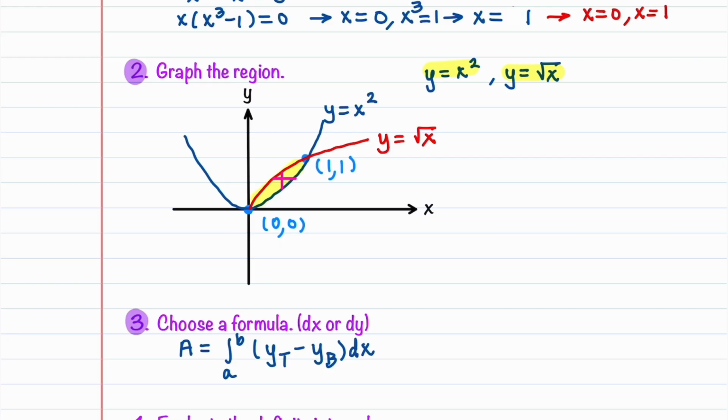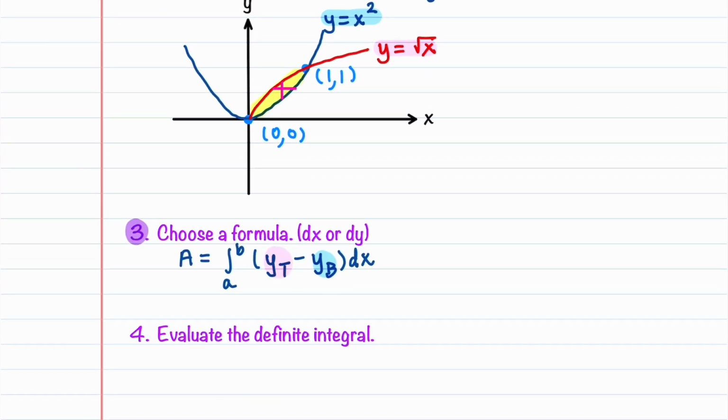Our curve on the top is y is equal to root x, and then our curve on the bottom is y is equal to x squared. Now let's go ahead and evaluate our integral. A is equal to the integral from 0 to 1 of the curve on the top, which is root x, minus the curve on the bottom, which is x squared, times